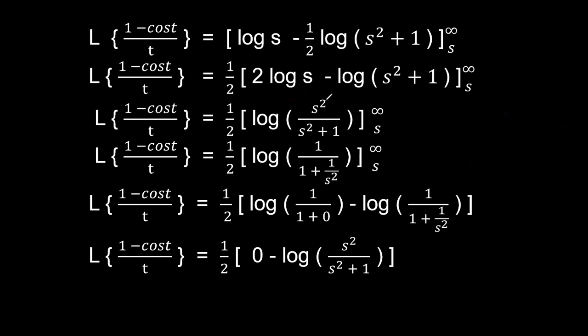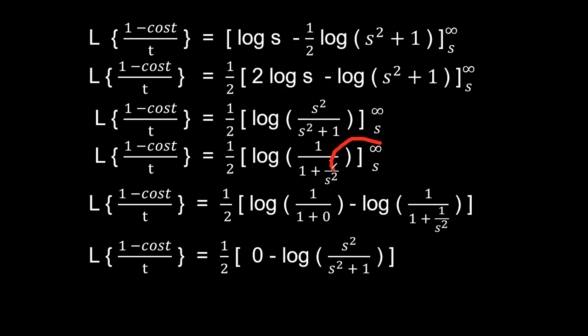That is nothing but whatever the highest power in the numerator is, the same highest power in the denominator has to be taken as common. So in the numerator you will have only the s square term, only one single term. In the denominator you will have two terms, that is nothing but s square plus 1. Take s square as common. If you simplify this, what you will get? In the numerator s square and in the denominator s square will get cancelled. Finally you get 1 by 1 plus 1 by s square.